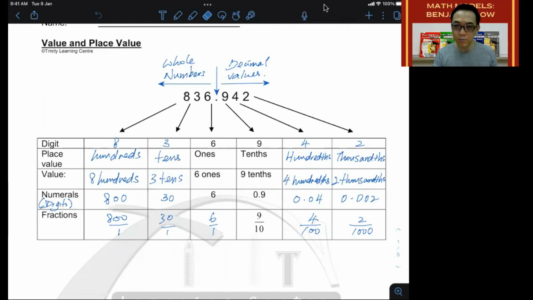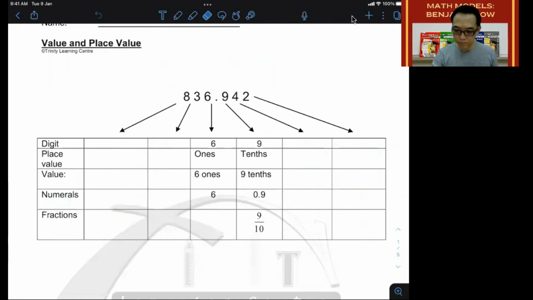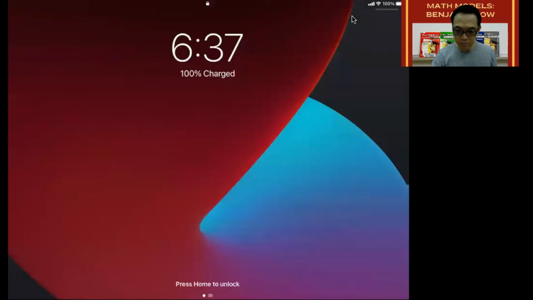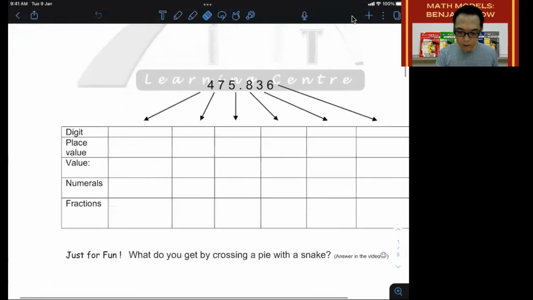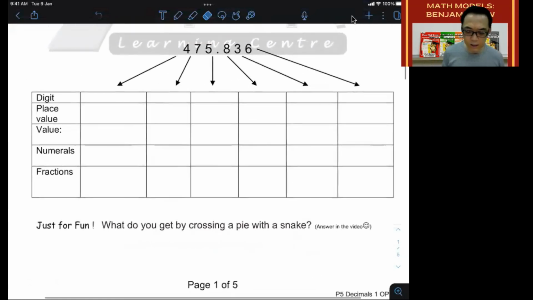Let me just show you that. You can see that over here. And you can try to fill this in on your own. Okay, after you have tried the first question, and then come back to the video to check if your